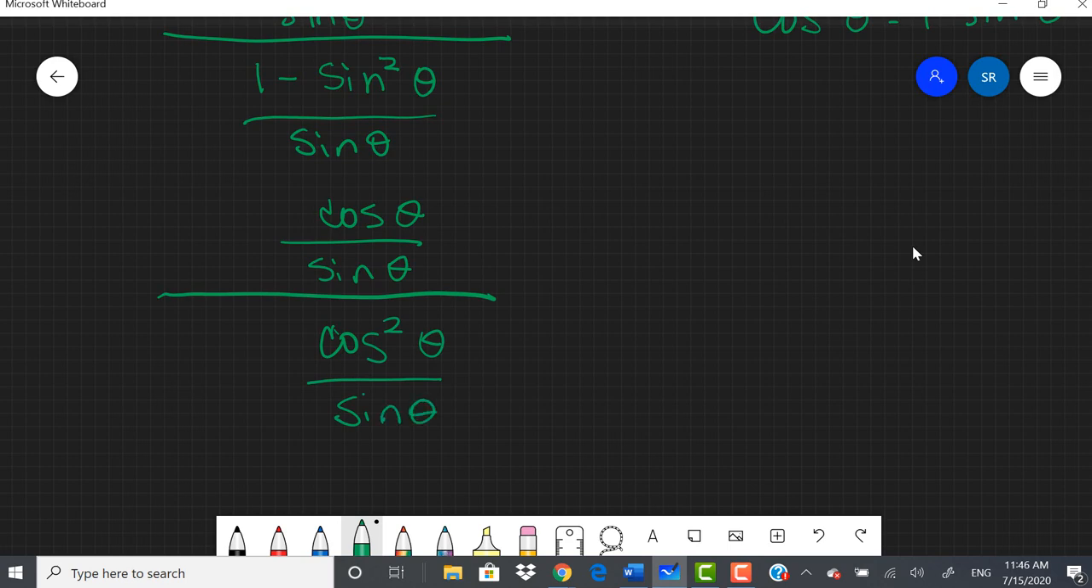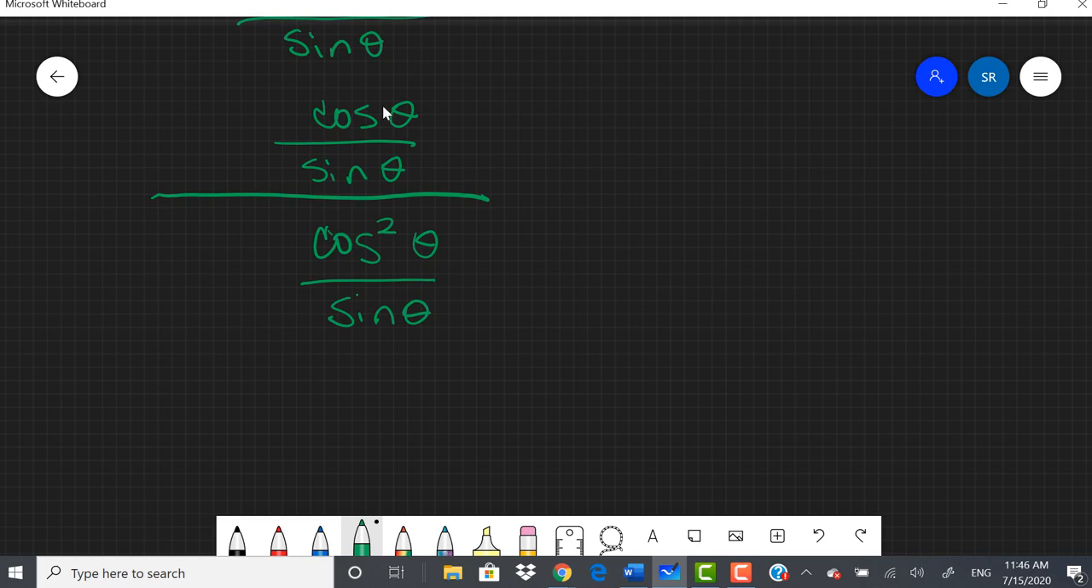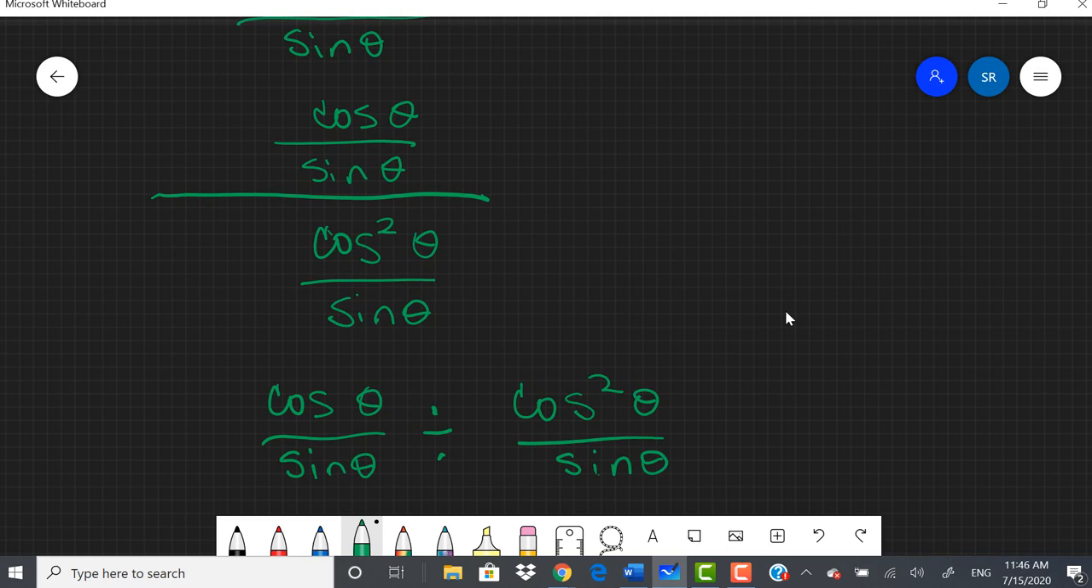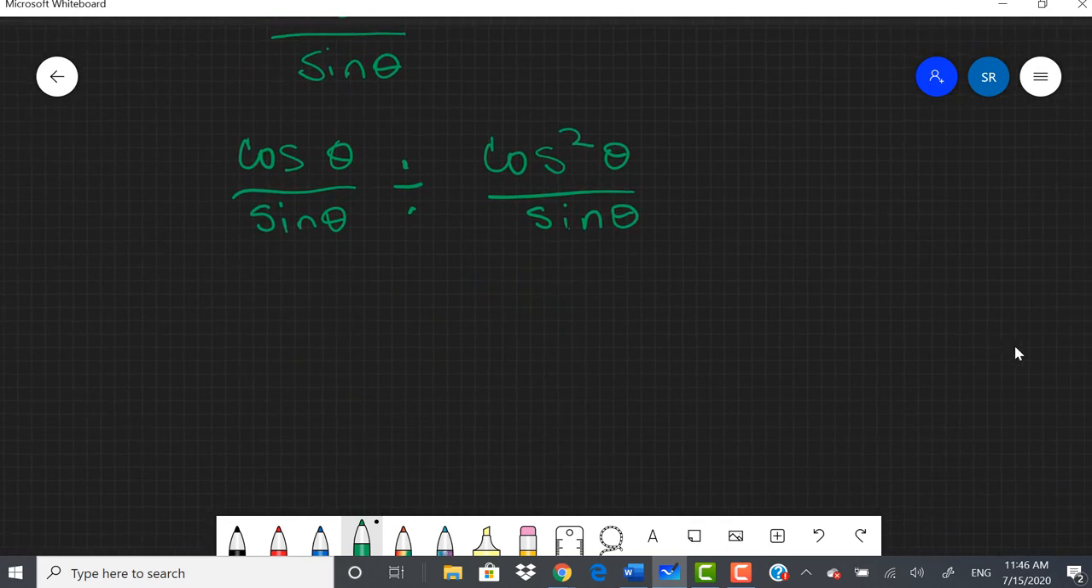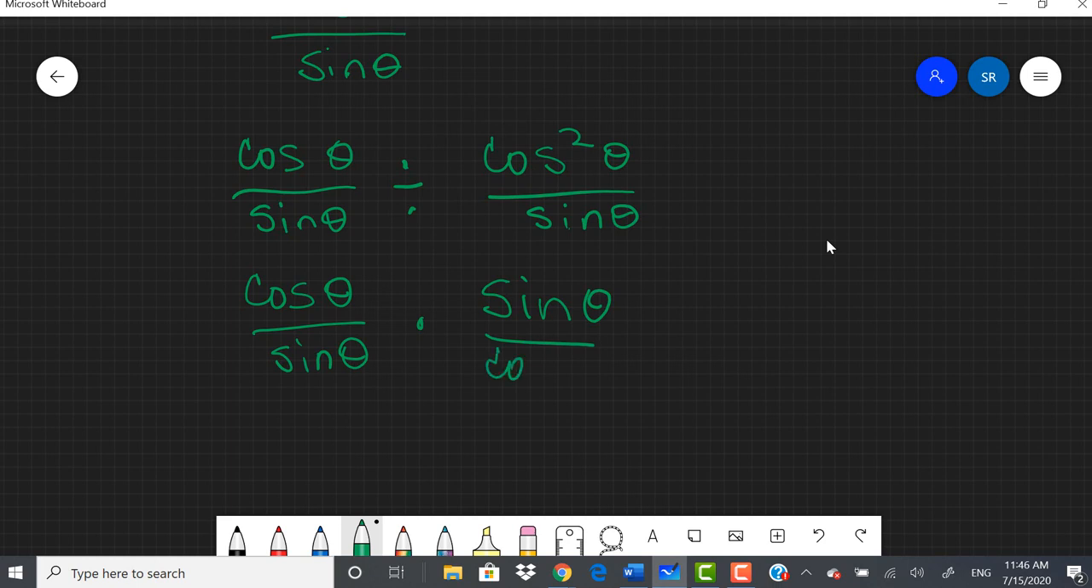over sine theta. Okay, now to eliminate this, I'm going to write this horizontally. What do I mean by that? I'm going to write the numerator divided by the denominator. So I'm going to rewrite this as cosine theta over sine theta divided by cosine squared theta over sine theta, and then we're going to use the rule for dividing fractions, stay, change, flip, as I always say. You get cosine theta over sine theta times flipping my second fraction, sine theta over cosine squared theta,